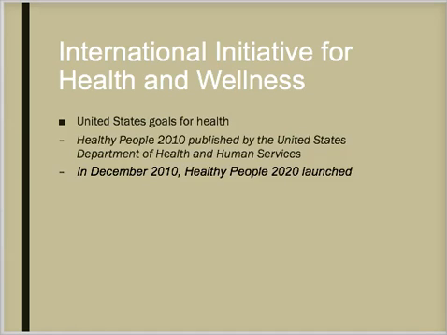In December 2010, the Department of Health and Human Services launched Healthy People 2020, which has four overarching goals. They include attain high quality, longer lives free of preventable disease, disability, injury, and premature death. The second goal is to achieve health equity, eliminate disparities, and improve the health of all groups. The third goal is to create social and physical environments that promote good health for all. The fourth goal is to promote quality of life, healthy development, and healthy behaviors across the life stages.